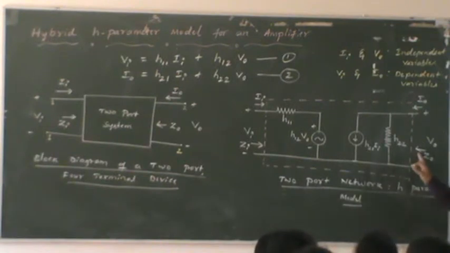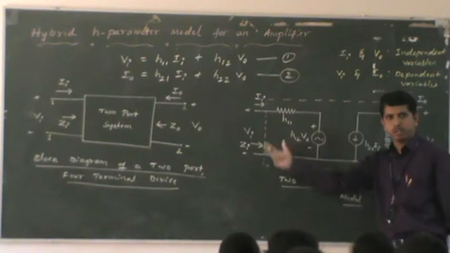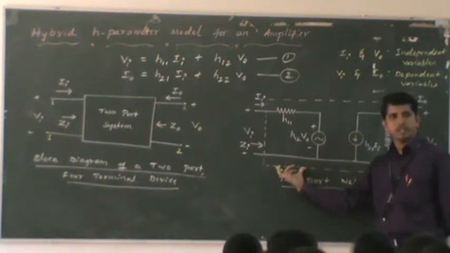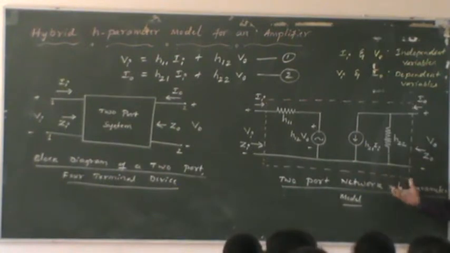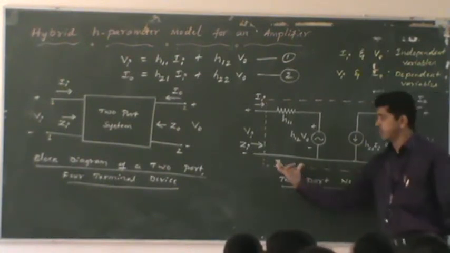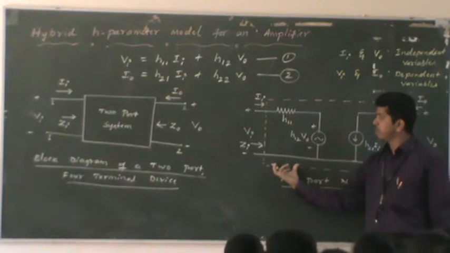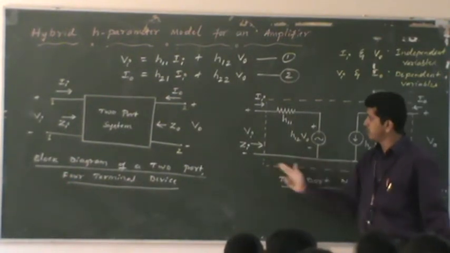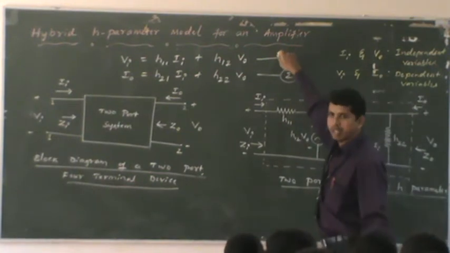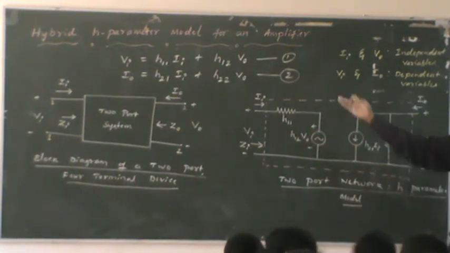You understand this? How you obtain this? Okay, so that's why we give a new name to this circuit. Input section is a Thevenin's equivalent and output section is Norton's equivalent. In other way, I can say that the input section can be obtained by using Kirchhoff voltage law. If you apply KVL to this, you will get back equation number 1. If you apply KCL to this, you will get back equation number 2.